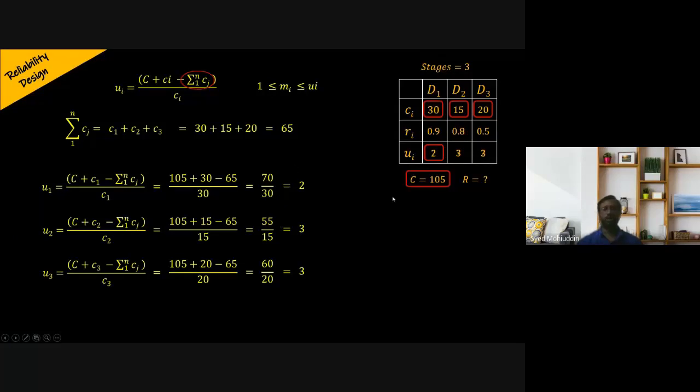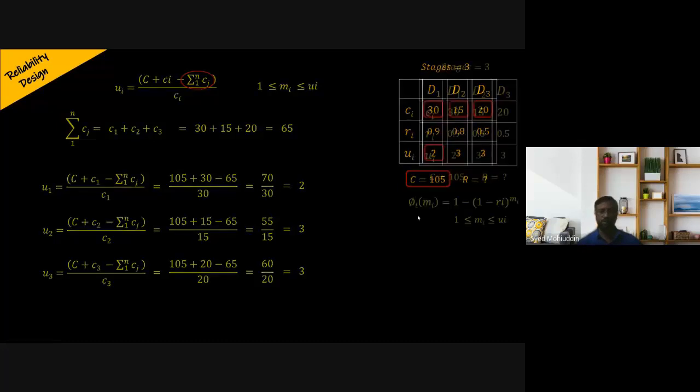So how the 105 is spent is according to the cost of each device, and that is computed through a formula, and we get 2, 3 and 3. Now what is the reliability? We have to find the reliability of the system. So for that